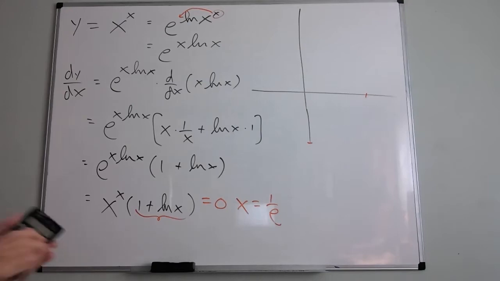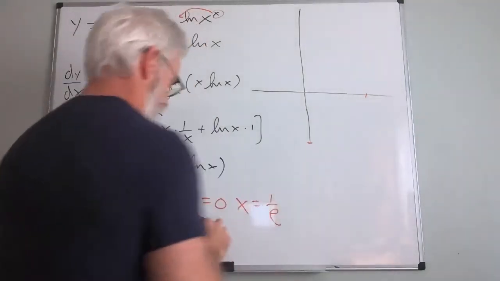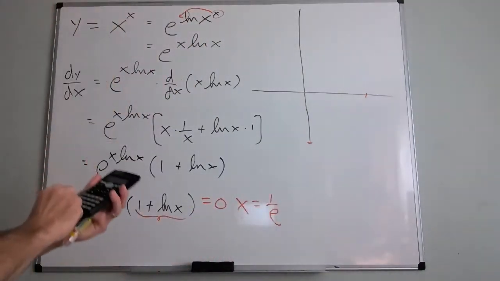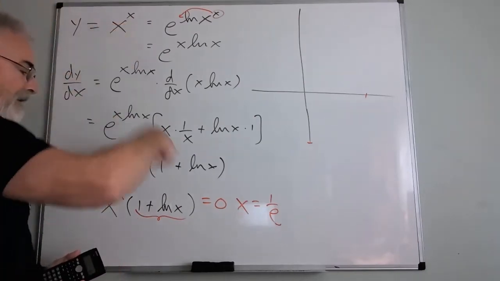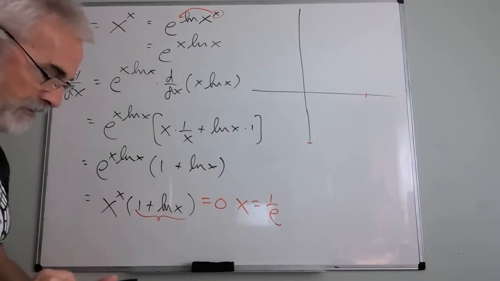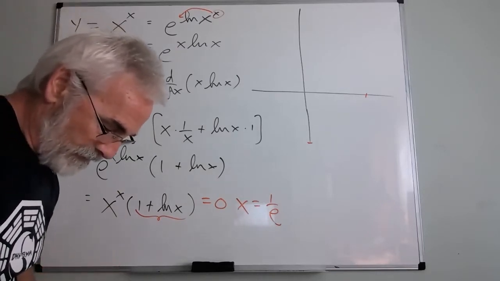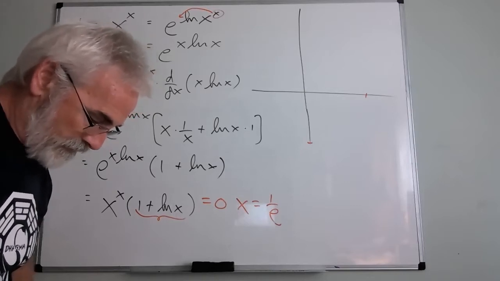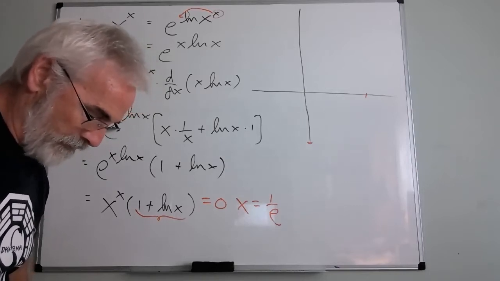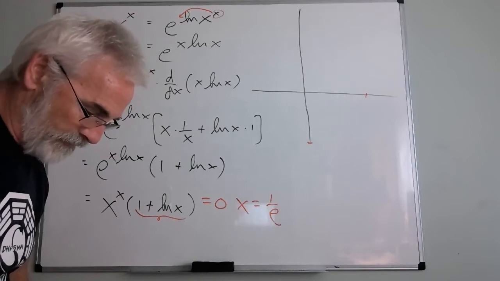Okay, so 1 over e. If I take 1 over e and raise it to the 1 over e power, because I'd like to know where that is. So hold on, negative 1 raised to